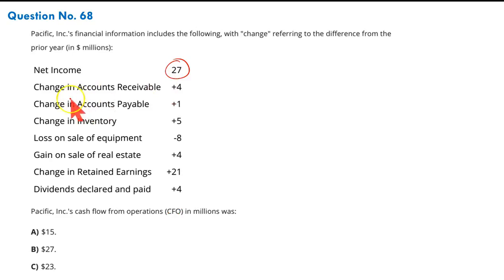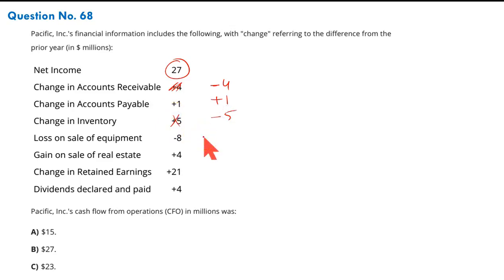Forget about this plus sign. Change in account receivable. If account receivable has over the period increased, representing an outflow, I am going to deduct this. Increase in account receivable, they didn't pay me, it's an outflow. This positive sign can confuse me. Changes in accounts payable. If account payables have increased over the period, it means I have delayed making the payment to them. So this plus 1 will be plus 1 in my understanding. If the stock has gone up over the period, increase in inventory is positive. Increase in inventory means money is being spent on acquisition of inventory. It's an outflow. So it will be negative 5.